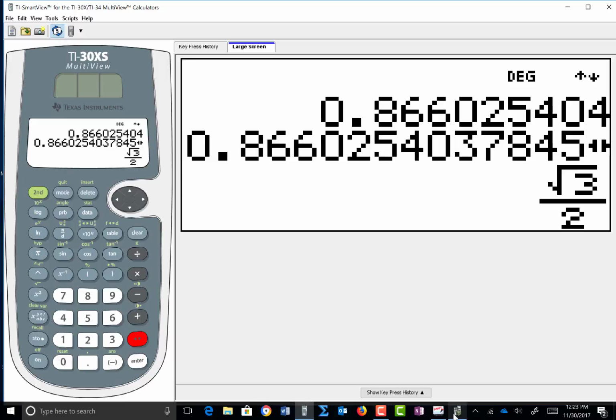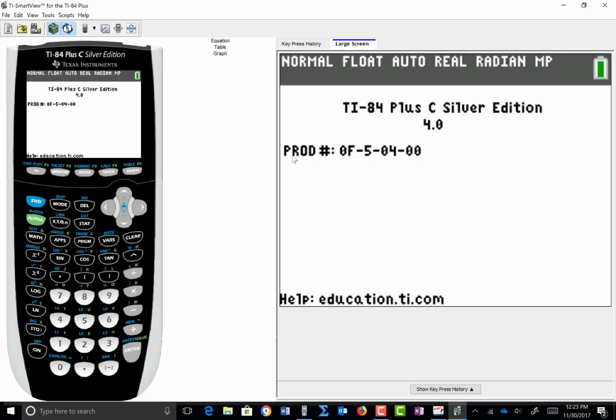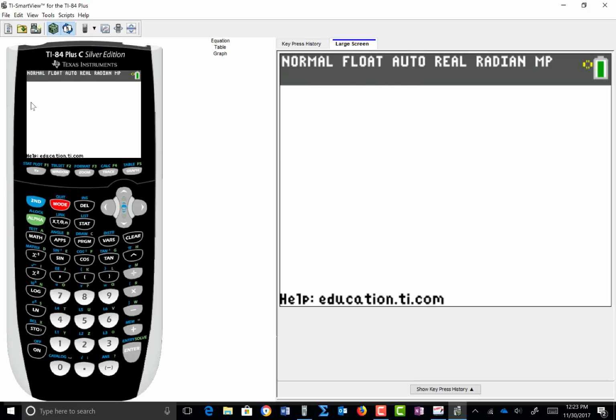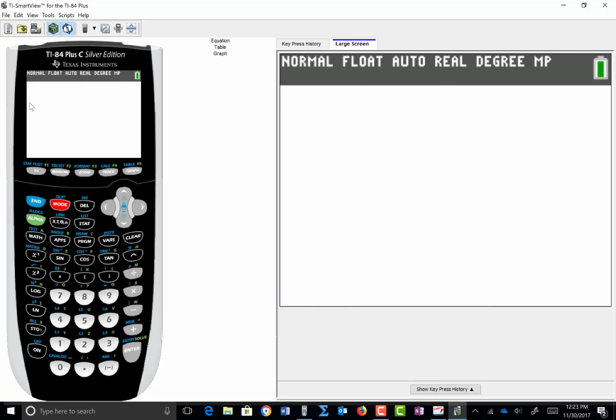If I look at the TI-84, if I hit mode, you can see that my calculator for this one is in radians, and if I'm doing something in degrees, I want to make sure that I change it. I'm going to go over and hit enter. The home screen, if I hit second quit, takes me back to the home screen so that I can do calculations. So if I wanted to do sine of 30,